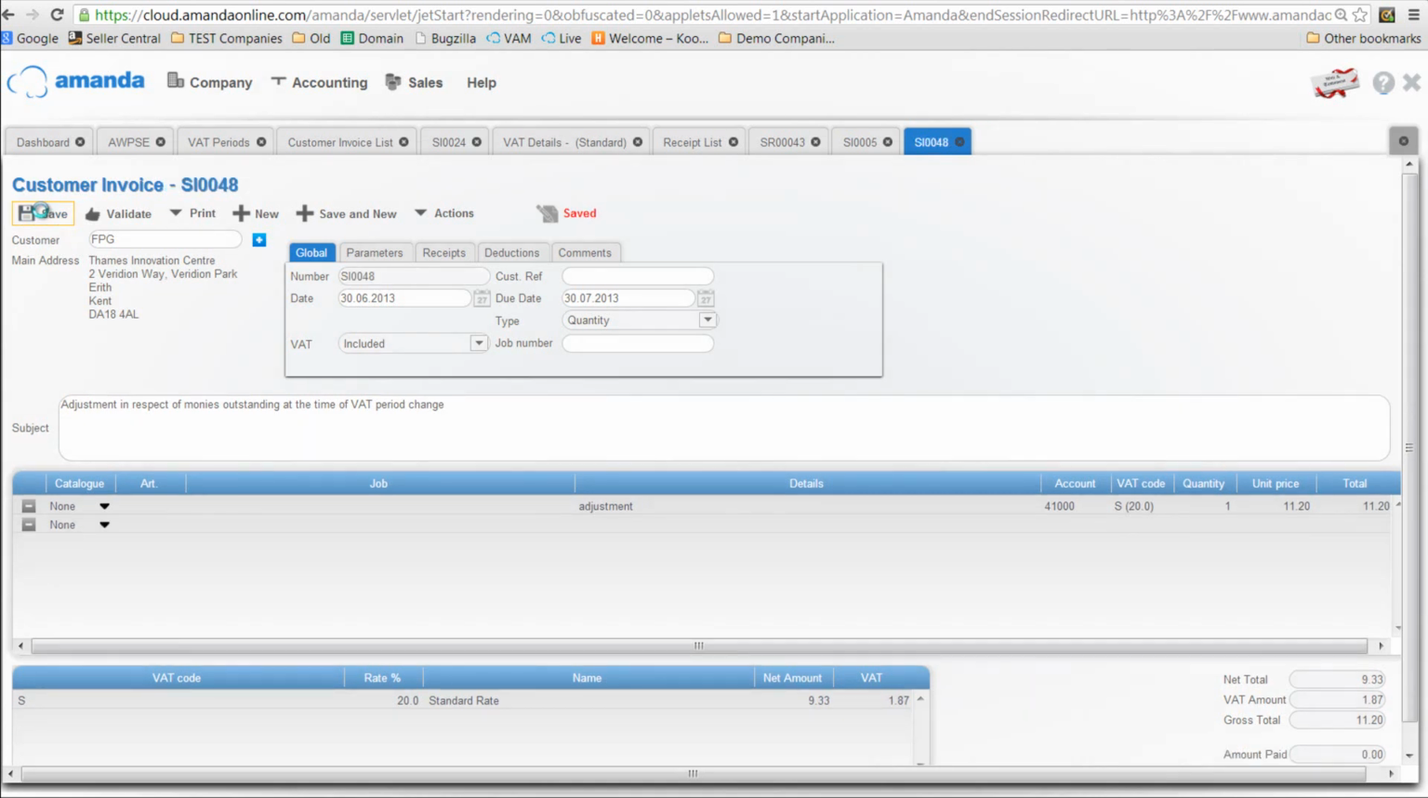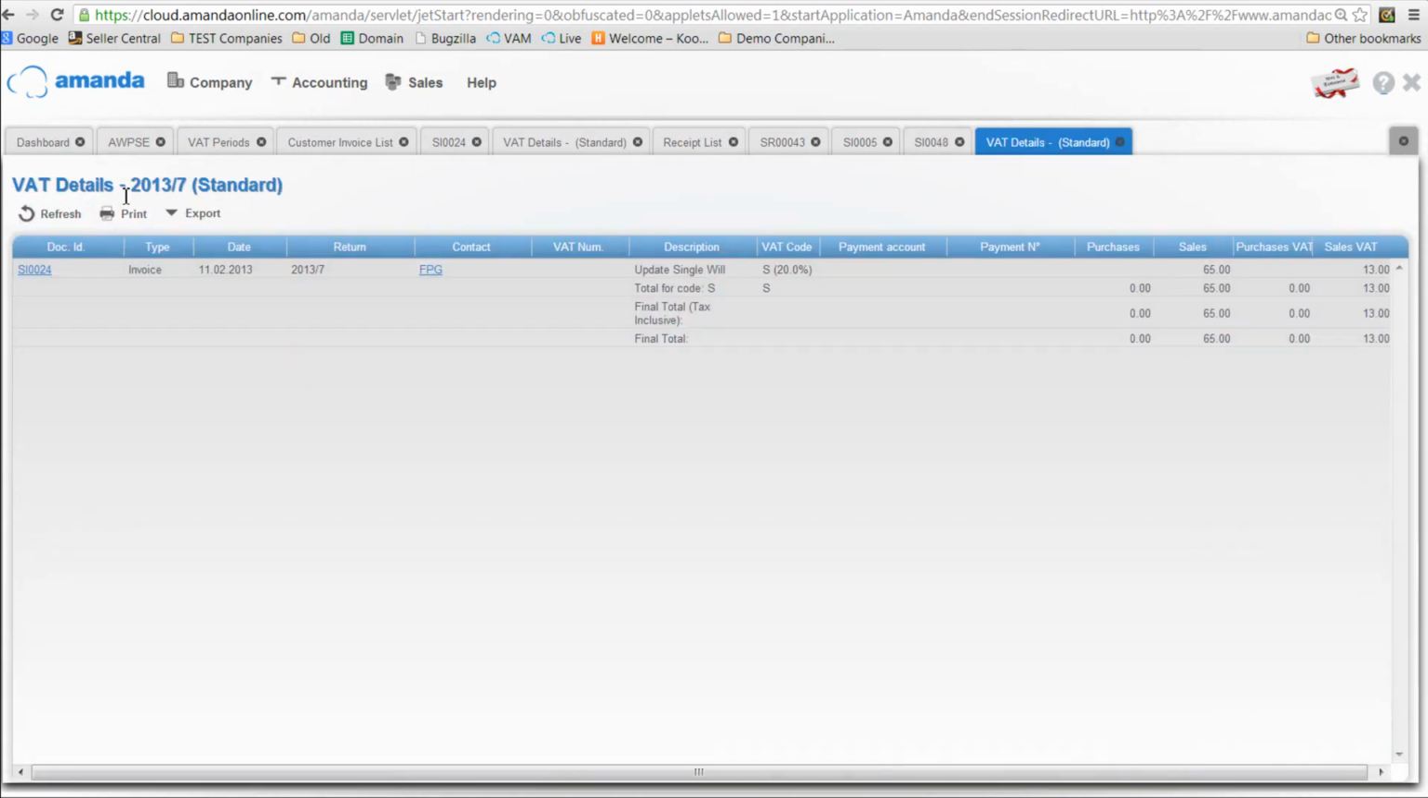So effectively what we've done now, we've raised a new invoice for the balancing amount because you still want to get that payment in. So what's going to happen now is this particular receipt will be included on the VAT period report. Oh, and of course we mustn't forget to validate it. So if we now go back to the VAT details report, and if I press refresh, we should see the extra amount has come in there, so that extra £1.87 of VAT will get accounted for, as will that outstanding